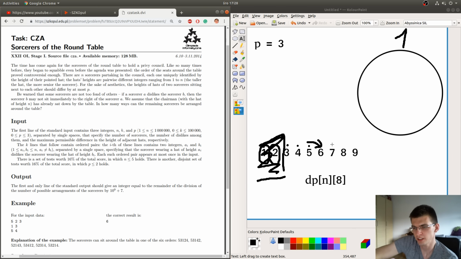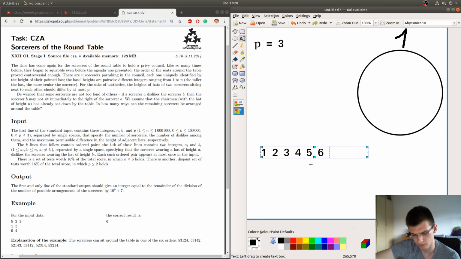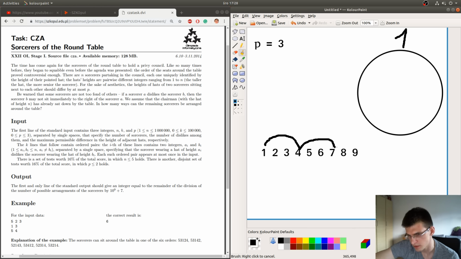Okay, and here the issue was that with p equal to 3, it's possible to do something more complicated, because we could do something, I think, like this: 1, 4, 7, then 5, 2, 3, 6, 8. So when we first get to 7, at this moment we only visited 1 and 4.